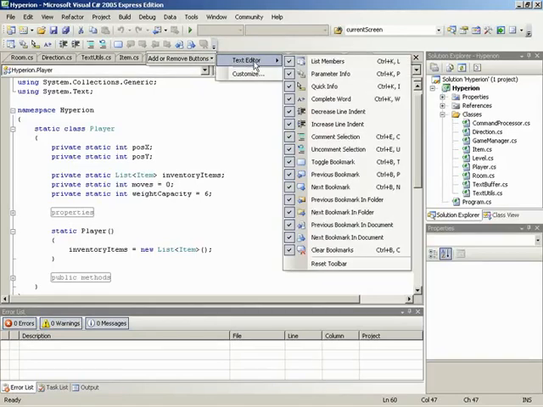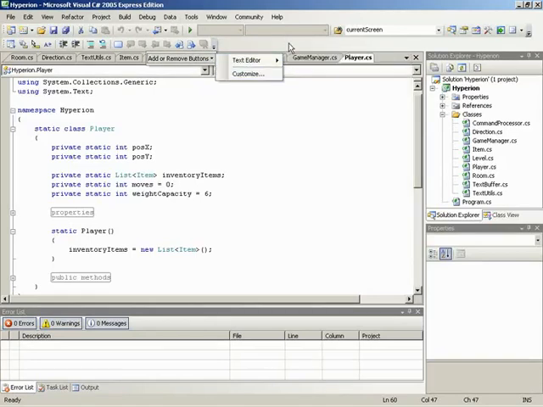We have our text editor and the ability to customize. Loads of functionality. From there, we'll move down, and let me give you a very quick overview. We have a documents area, and then we have a series of docked windows. Now in our documents area right now, you're looking at our editor that is providing, well, all of our code